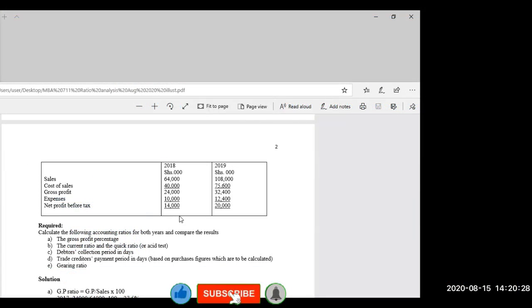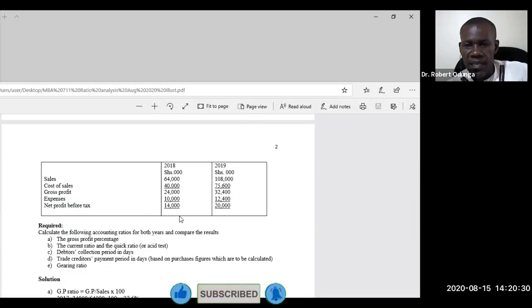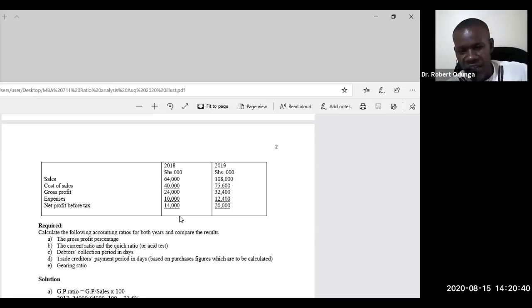Fine. So just as we were going through yesterday on how to compute ratios, and before we reached there, we had talked a lot about the importance of ratios and how they can help managers in making decisions. So the same will apply here because